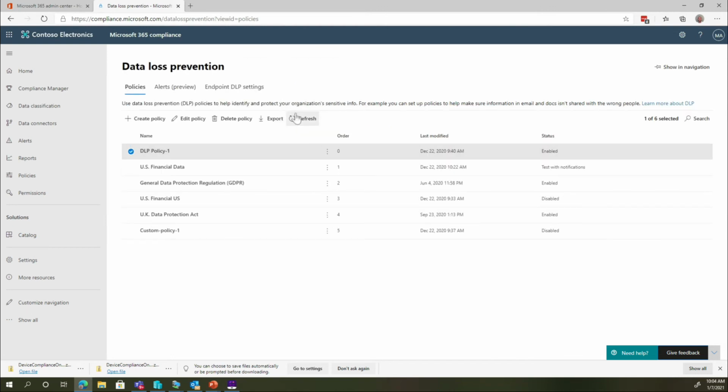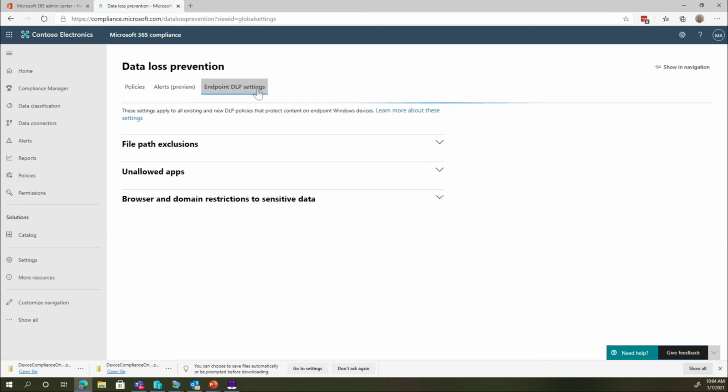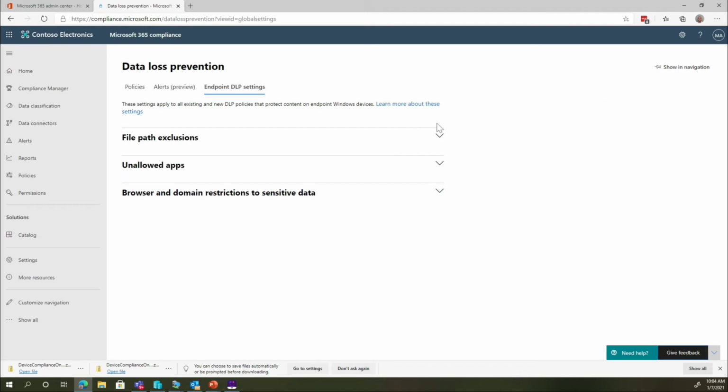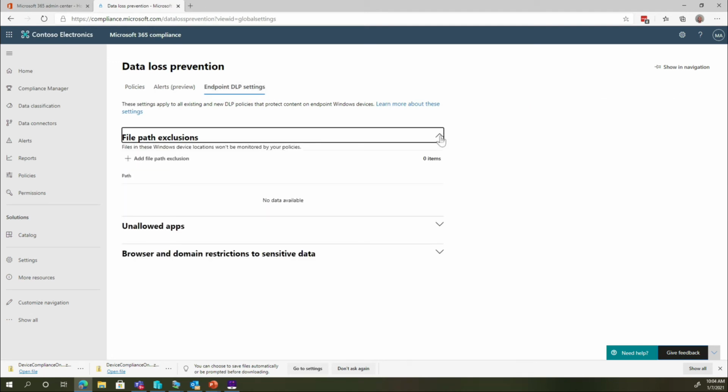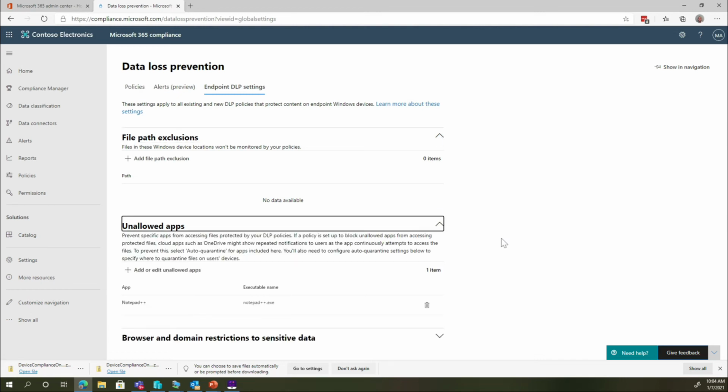There's another option here, which is Endpoint DLP settings. This is where we can actually take it to that next level as well, where you can say, I don't want any DLP checks to be done, and you add a path. So this could be for some part of your hard drive that you feel users are going to be using, maybe for personal stuff, and you designate it as personal and say, I don't want any DLP searches done there. Here's basically where you say, these are the apps I do not want allowed, and I do not want these applications ever having access to my